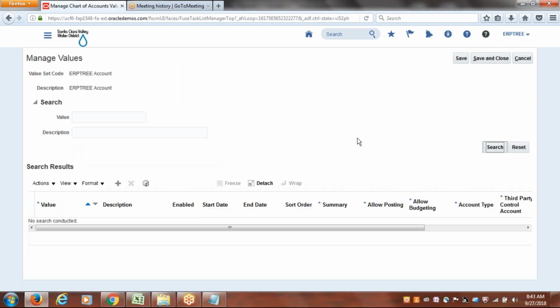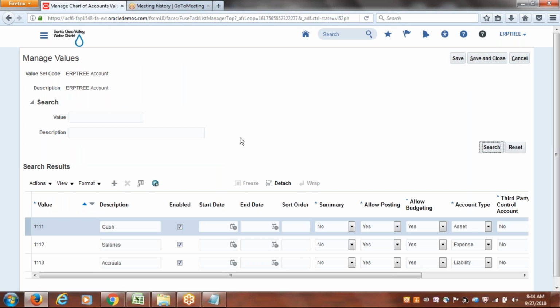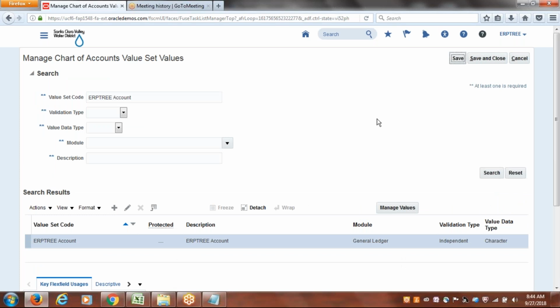Within this vision instance, we have one predefined value set. So instead of using this ERP tree account value set, we can use that value set so that all accounts can be part of your primary ledger to use in the transaction process. See here, this is what we created. There is one value set. Even when you are practicing, you try like this. After that, you can start using the predefined value set within this vision